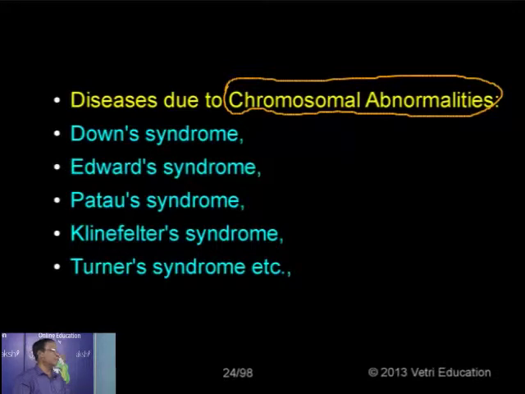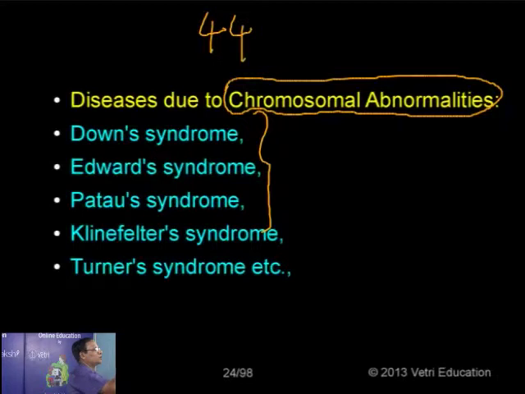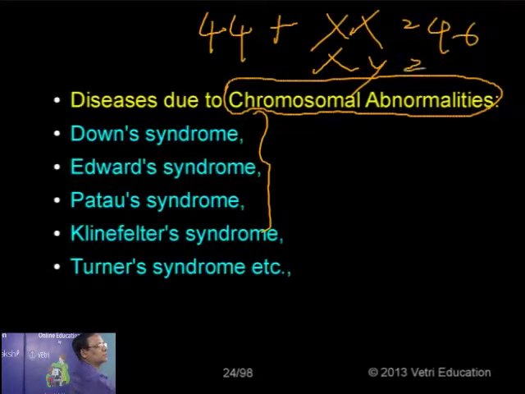Now we have the following disorders. Here also there is an addition of individual chromosomes either to the autosomes or to the sex chromosomes. The first three are examples of autosomal change in number. If there is any deviation from the normal chromosome number, for example 44 autosomes plus two sex chromosomes, XX or XY, all together we have 46. In both cases we have 46. Sometimes the chromosome number may be increased by 1 or 2, or deleted by 1 or 2, at the maximum.